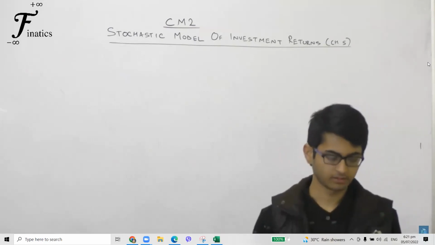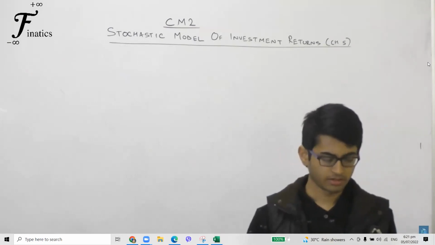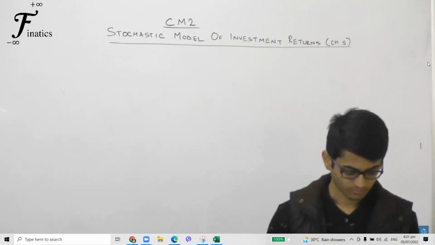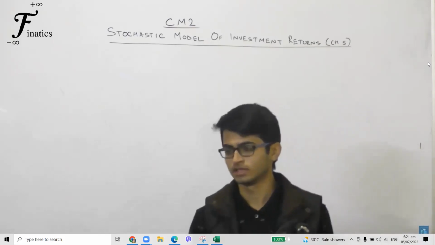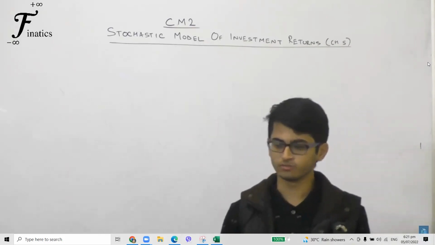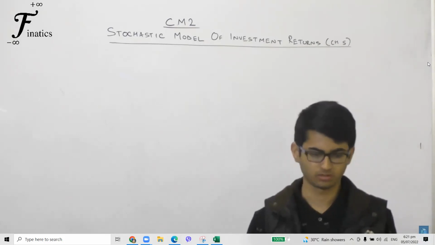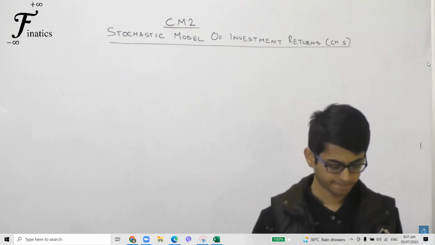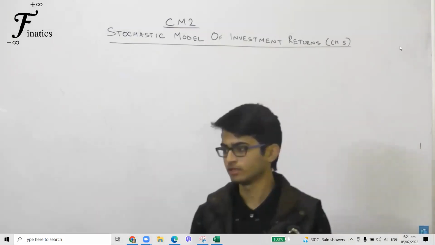Next line. The deterministic approach can provide only a single fixed answer to a problem. Full stop. This answer will be correct only if this answer